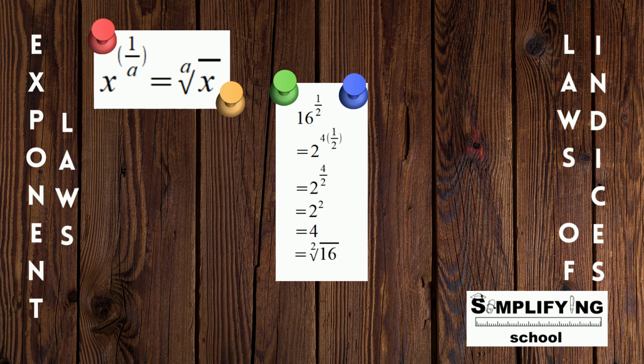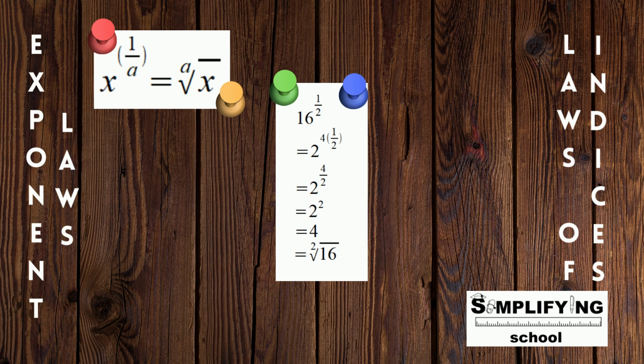Now 2 to the power of 4 raised to the power of a half would actually be, like we said earlier, we can multiply the exponents. So we've got 2 to the power of 4 times a half. If I multiply that, I get 2 to the power of 4 over 2, which is 2 to the power of 2, which we know is equal to 4. So we know our answer is equal to 4, but we also know that 4 is the square root